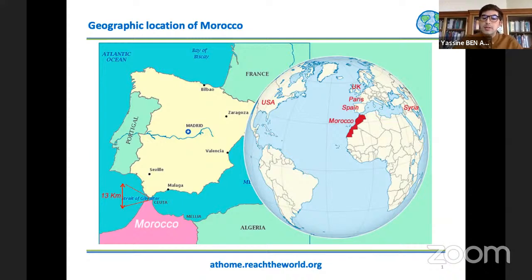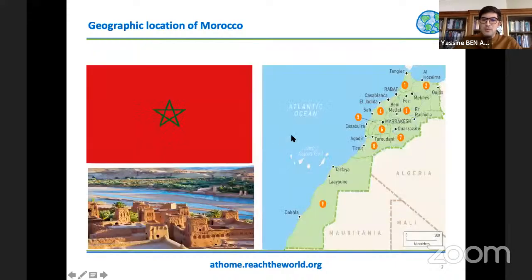and as you can see here, you have Morocco and you have the US here. So if people come from the US to Morocco, there are direct flights. If you go from Casablanca, which is the largest city in Morocco, there are direct flights from Casablanca to JFK or to Washington, DC. The country is divided into 12 regions, and the capital is Rabat, as you can see here, located along the West Atlantic coast.